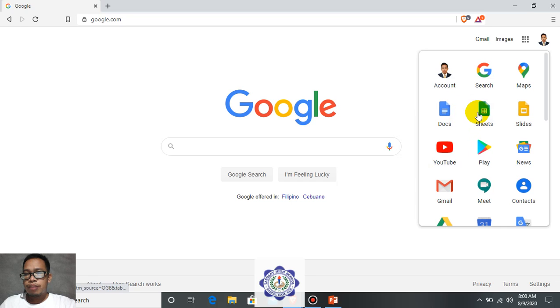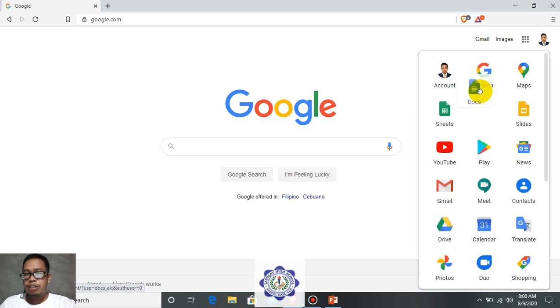Itong mga application na ito, it means available to sa lahat ng email natin. You can also customize it by arranging this icon. Say for example, madalas natin ginagamit ang Google Docs, so we can easily drag this in this portion. Ayun, katabi na dun sa my account and Google Docs. So, madali siyang ma-open na, pag nasa cellphone, pag nasa computer kayo or nasa